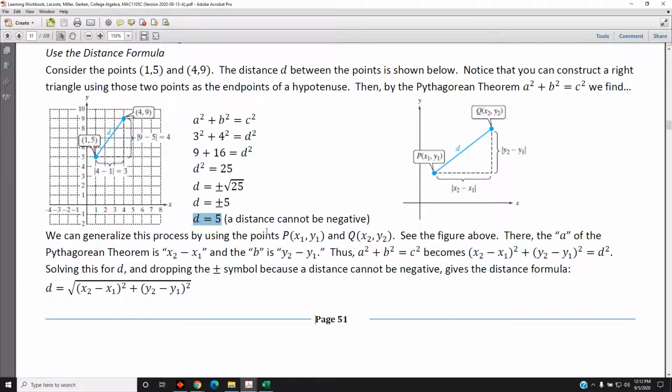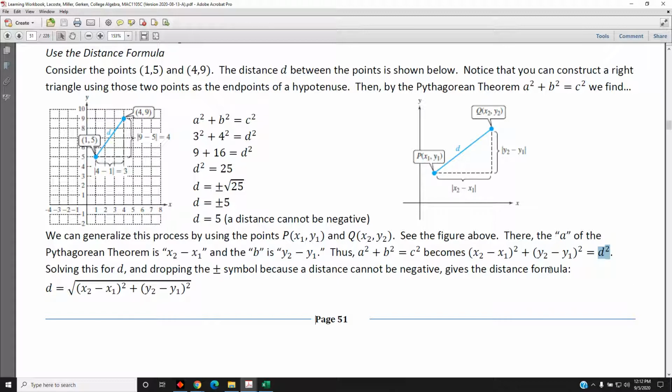We can generalize this process by changing the points from (1, 5) and (4, 9) to the generic points (x1, y1) and (x2, y2), as shown in the figure here. In this instance, the a part of our diagram is found by subtracting the x-coordinates and taking the absolute value. The b part of our diagram is found by subtracting the y-coordinates and taking the absolute value. And then by plugging into the Pythagorean theorem, we would have (x1 minus x2) squared plus (y2 minus y1) squared